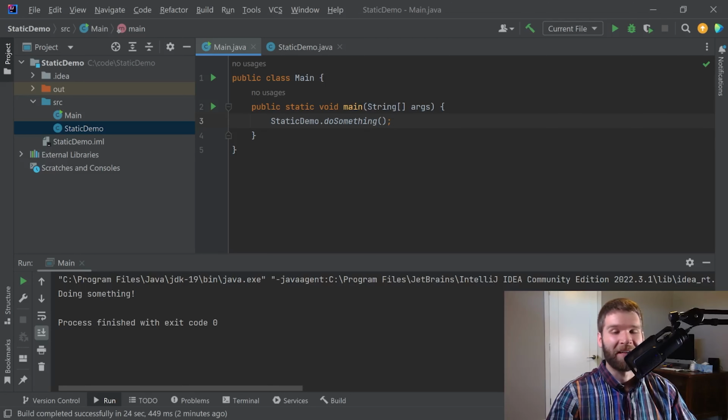within a static context. It's just when you enter the static context, now you can only call static methods or use static fields. So let's go ahead and demonstrate that. I'll create an instance of main,